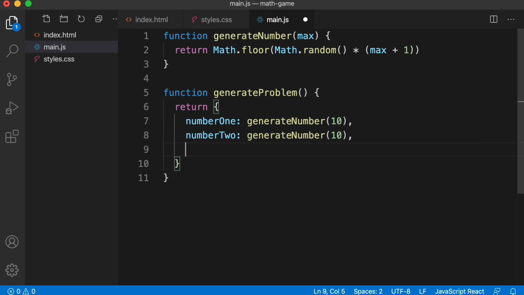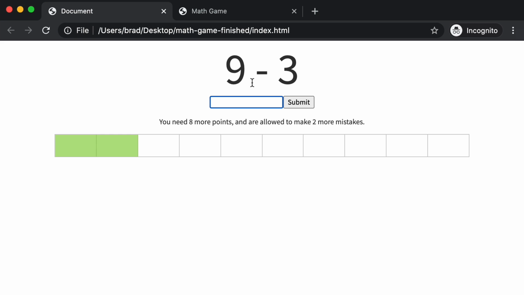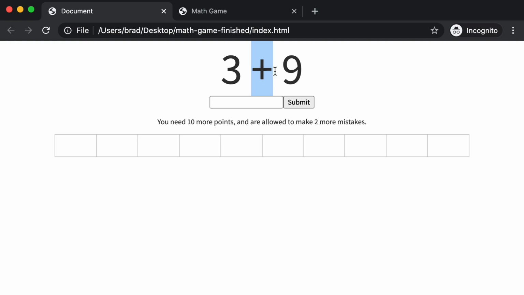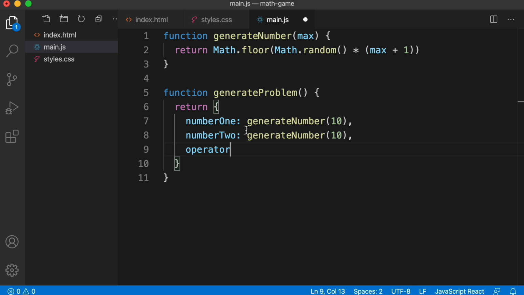So comma, one more property, and that is operator, right? If we look at the finished product, the mathematical operation is supposed to be random as well. So sometimes we want it to be subtraction or multiplication or addition. So here's how we can handle that. Just say operator property, colon, and then just give it an array. So square brackets. Inside there, I would just say quotes, the plus symbol, comma, quotes, subtraction, or that's just the dash symbol,